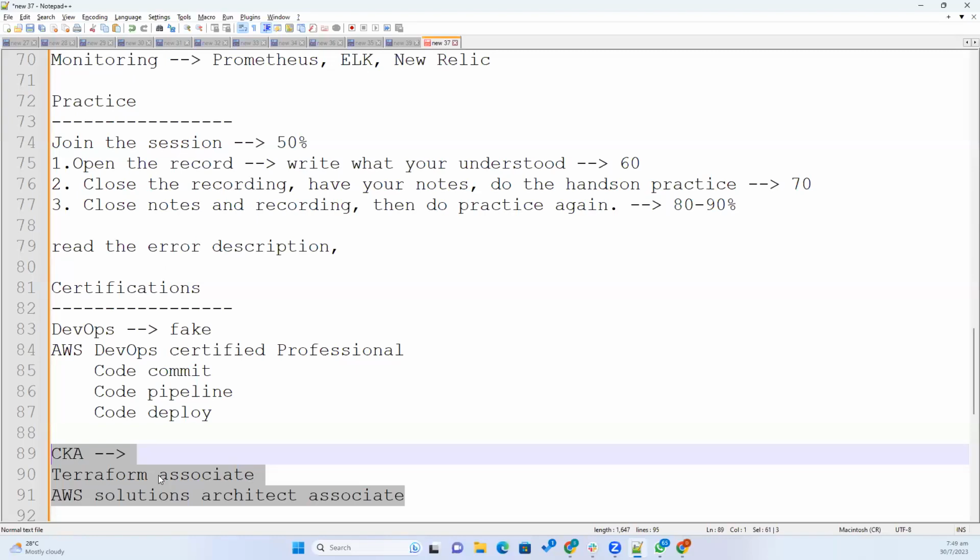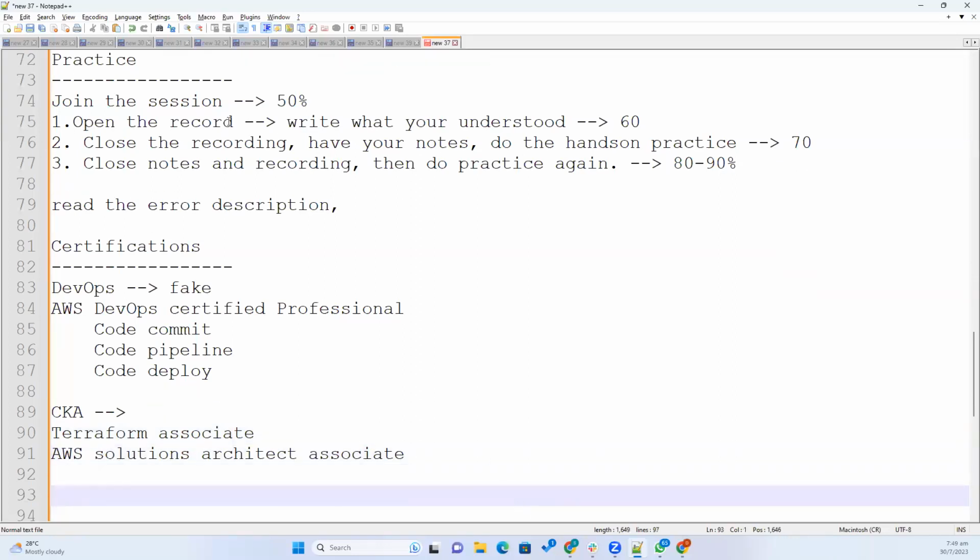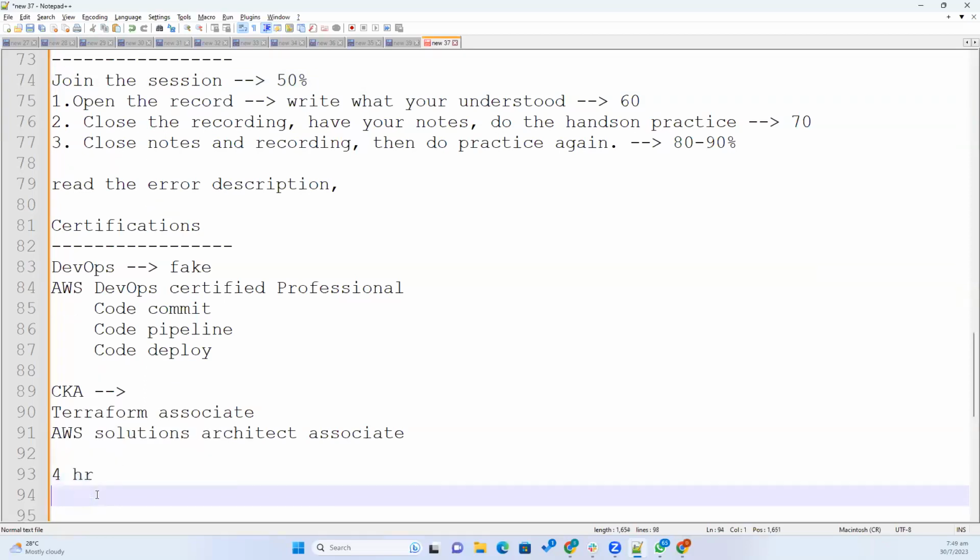And how much time you have to spend on practice varies completely from person to person. If we were Swami Vivekananda, we could just join the session and understand 100%, but obviously we are average software engineers. If you're already working, try to spend 4 hours on weekdays and full time on weekends, because this is your life-changing decision. This is not a simple decision to take. It's not about the money, because this is the next step you are going to take, so you have to take it very seriously.